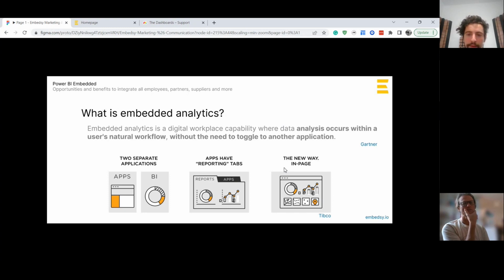Embedded analytics is also called contextual analytics for good reason, and that's because usually if implemented right, you see analytics contextual to the data or to the view or page you're looking at.